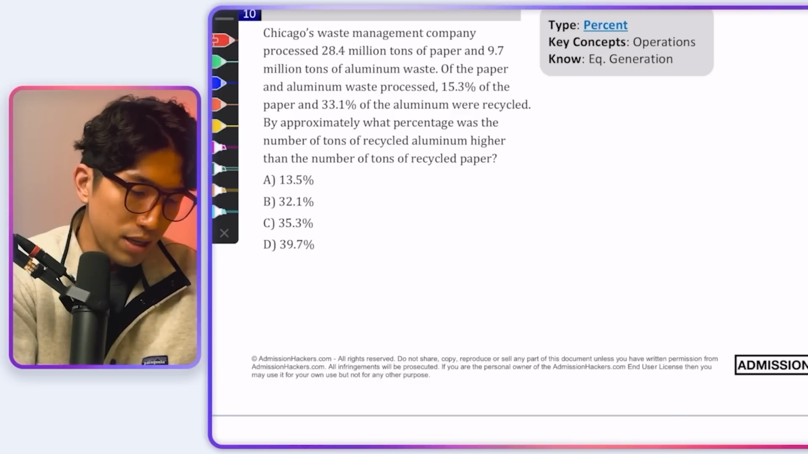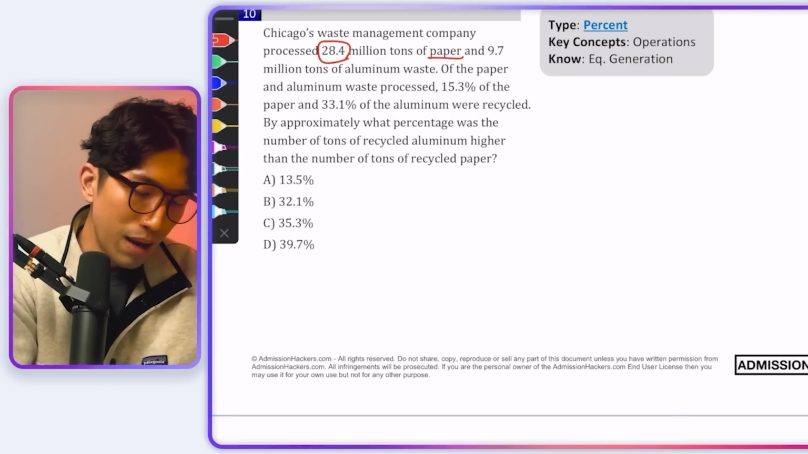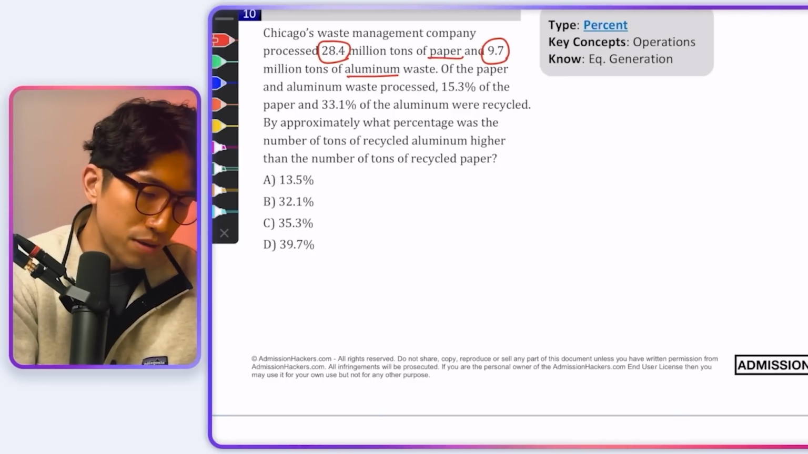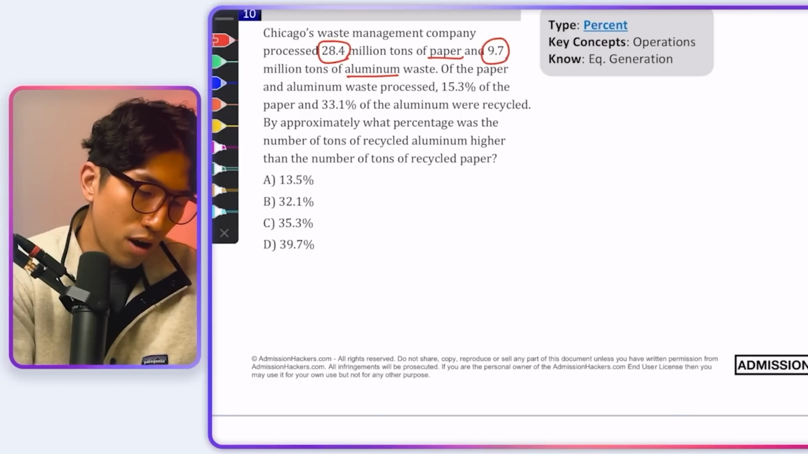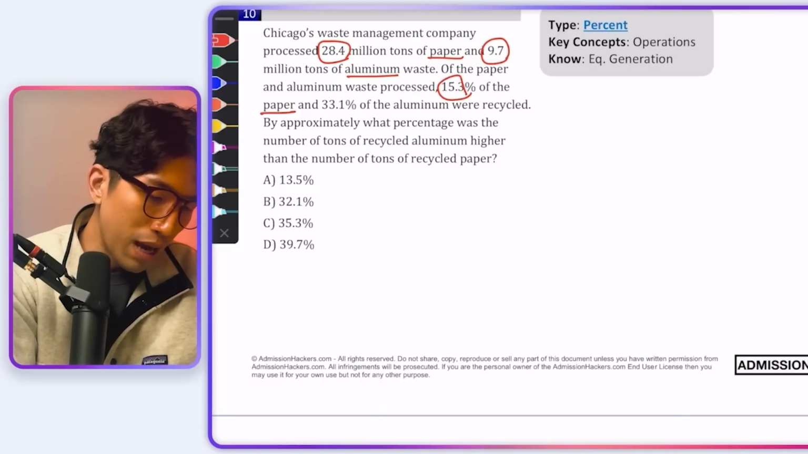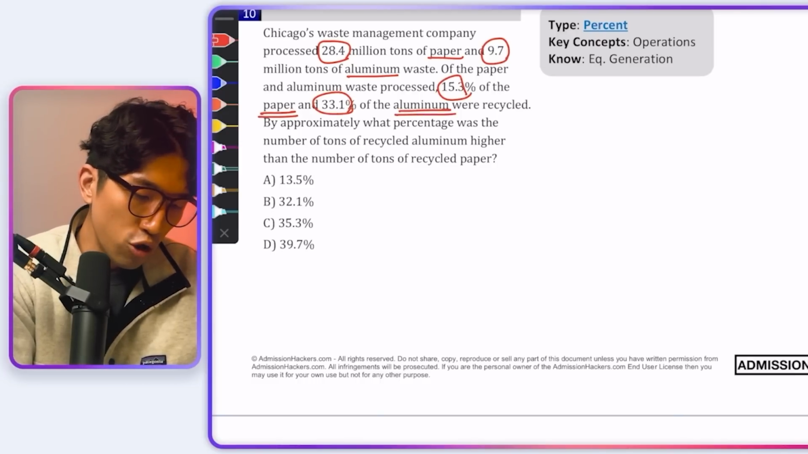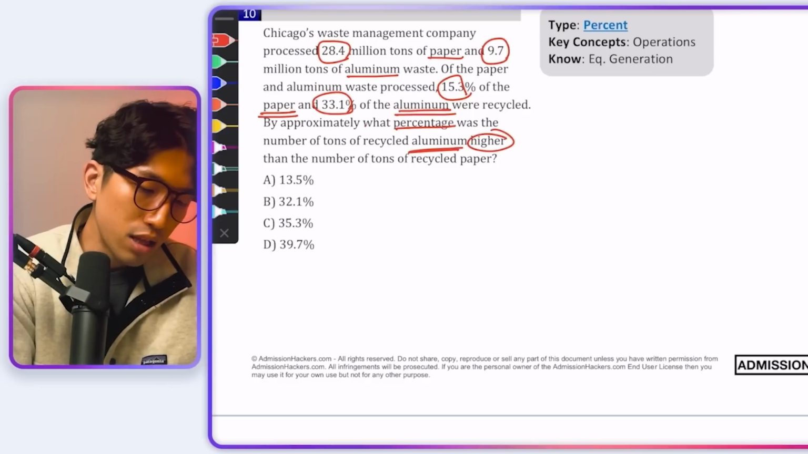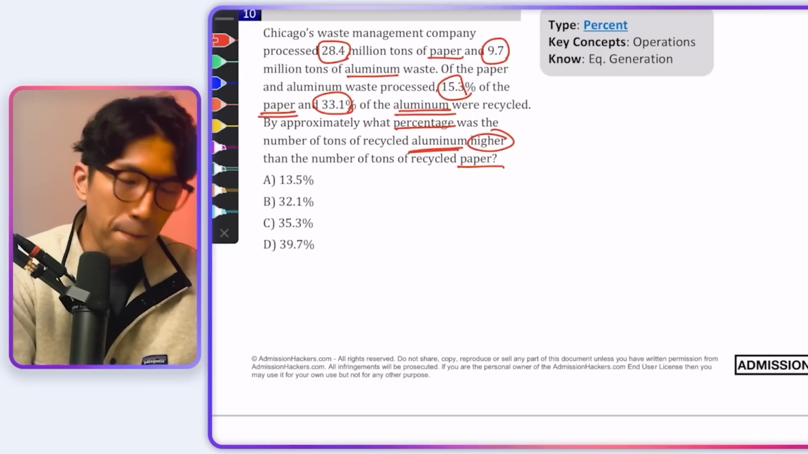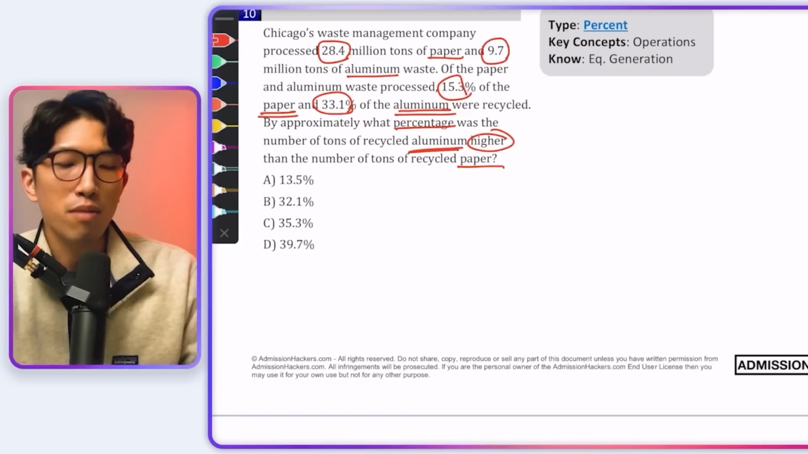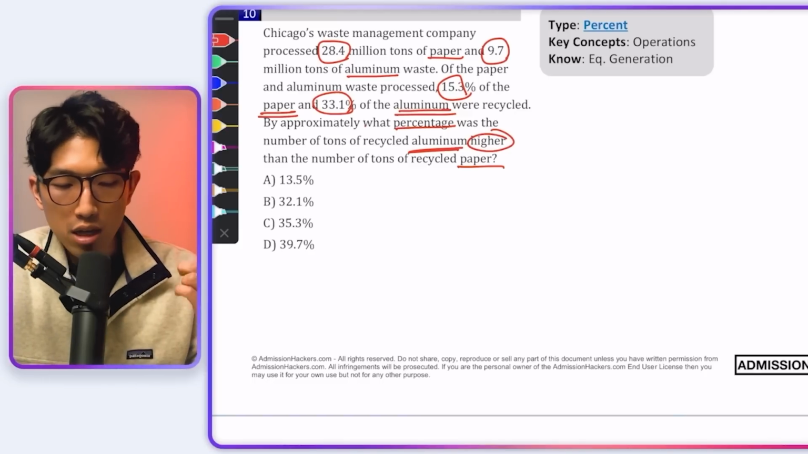Chicago's waste management company processed 28.4 million paper and 9.7 aluminum of waste. Of the paper and aluminum waste processed, 15.3% was paper and 33.1% was aluminum. By approximately what percentage was the number of tons of recycled aluminum higher than the tons of paper that was recycled? Okay, so the question itself is not very hard, but it's hard because one, super wordy, two, there's a